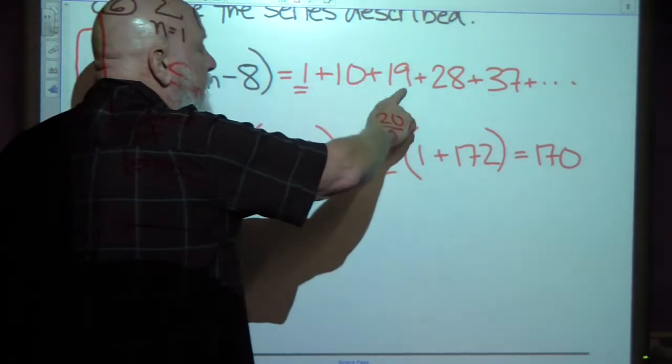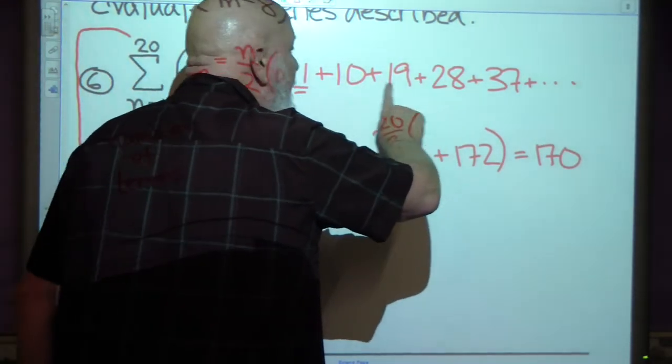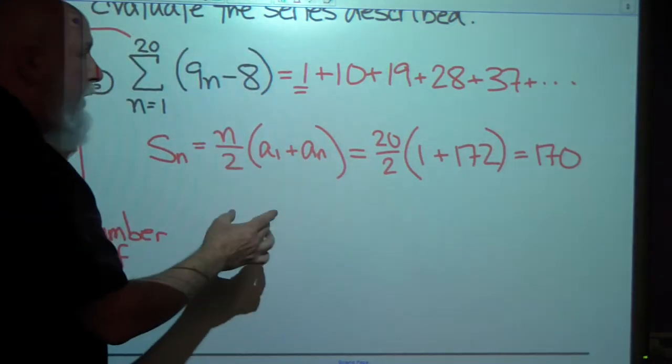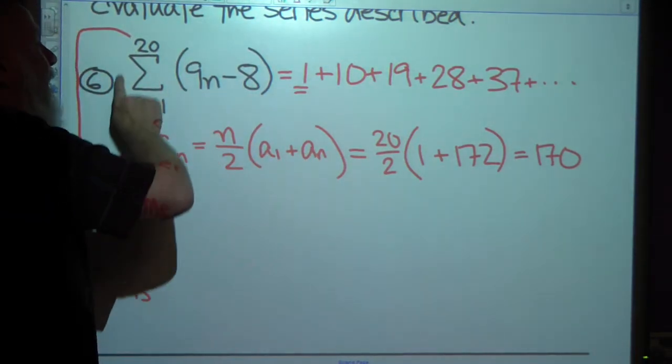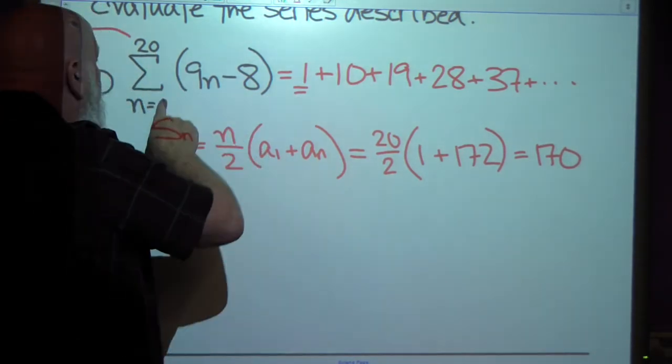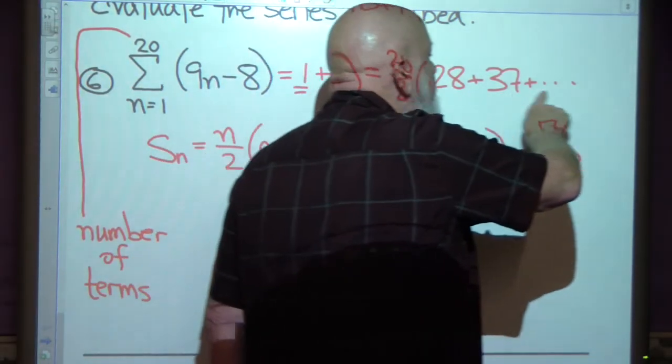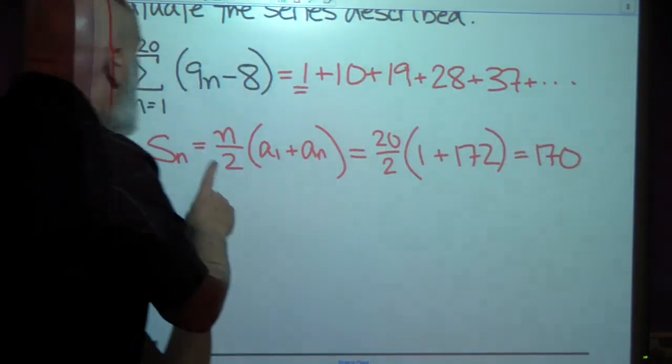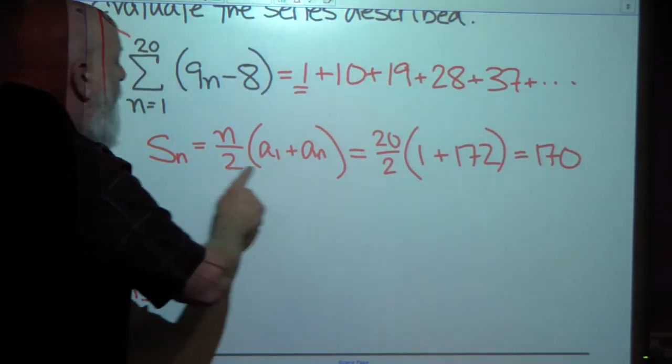So if I add up all these numbers, 1 plus 10 plus 19 plus 28 plus, this is an arithmetic series that's generated by this sigma notation. And if I plugged in all 1 through 20, I'd have 20 terms here, but I can add them all up using my sum of an arithmetic